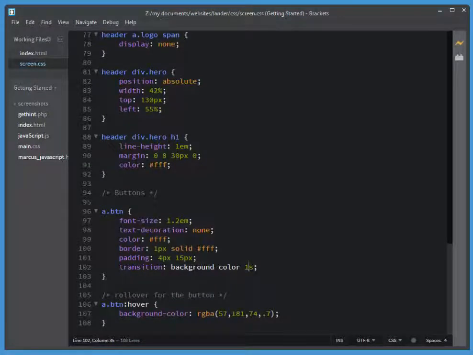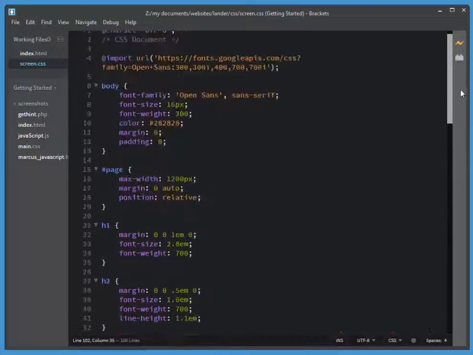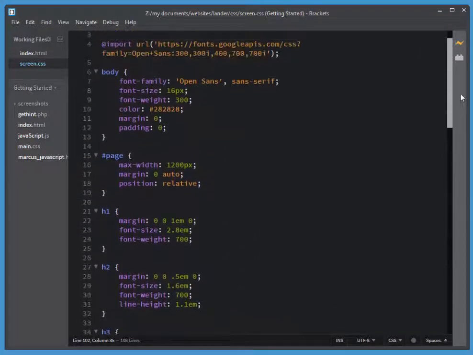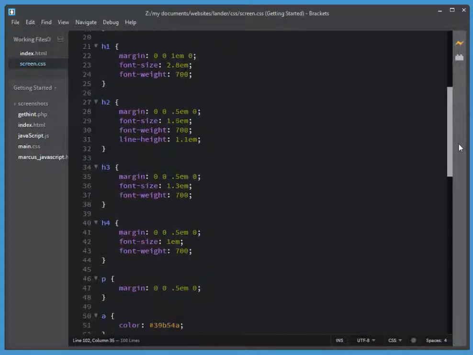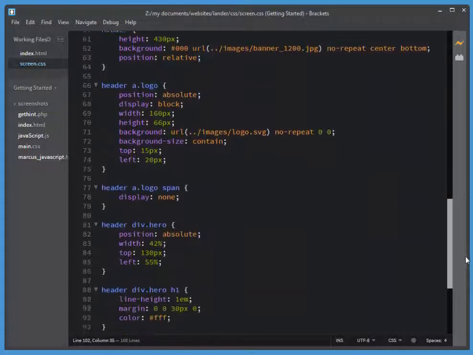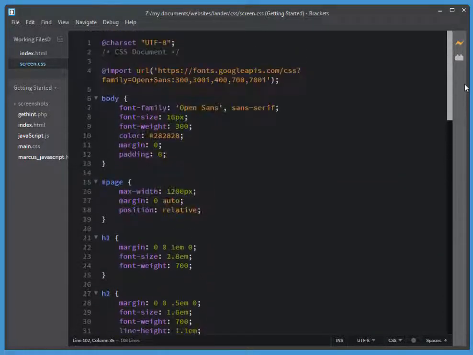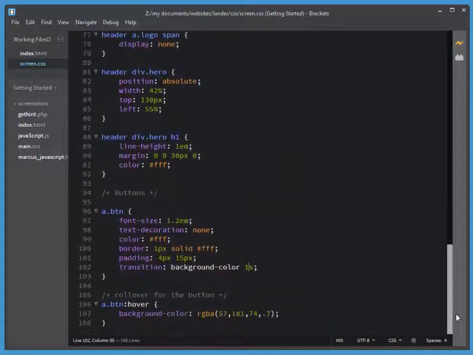Alright, so that is styling, basically importing a font, adding it to the body, and the headings, paragraphs, links. Then we styled the header, including the background image for the logo, and then we styled that button, including a mouse over effect,